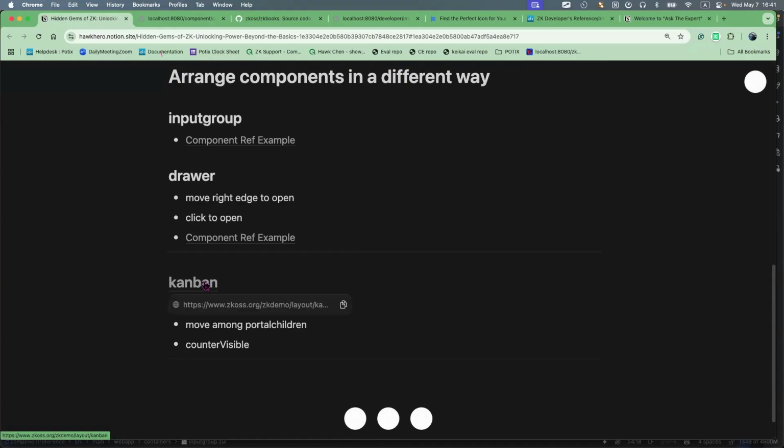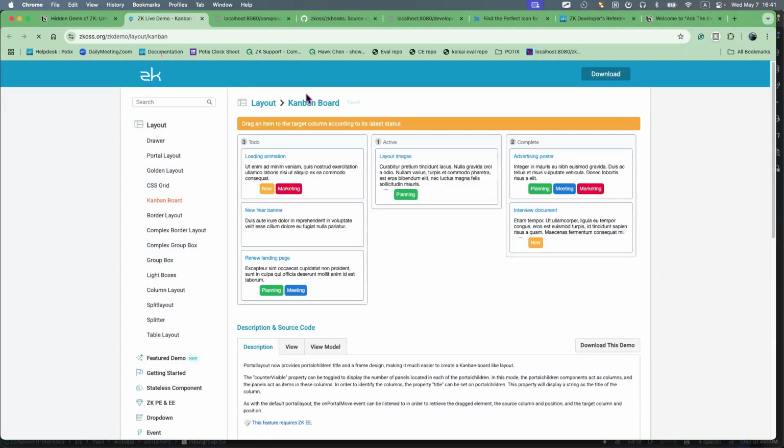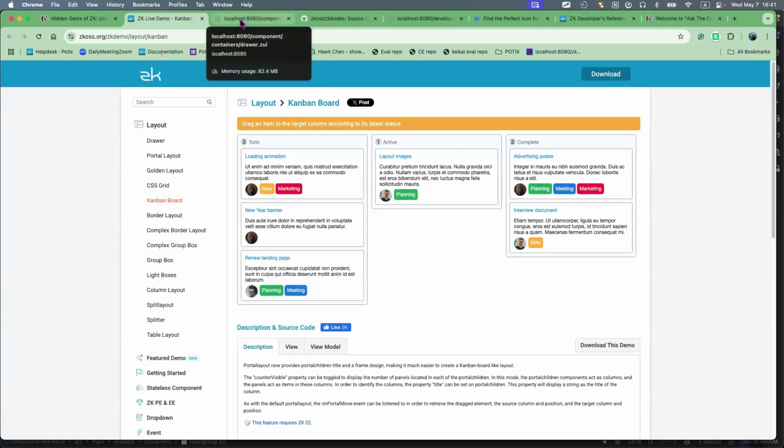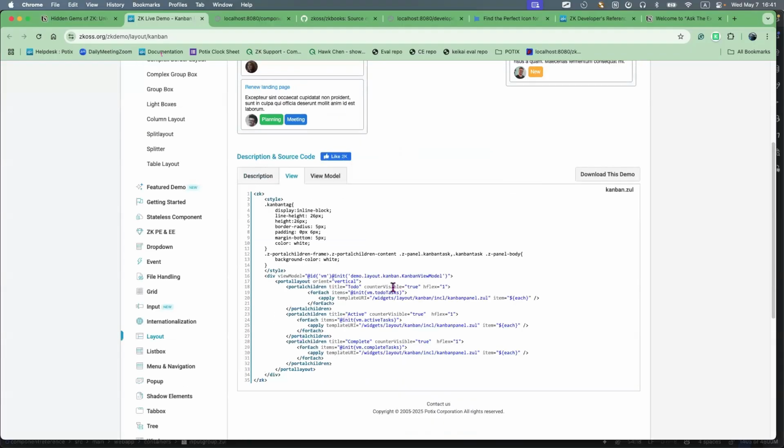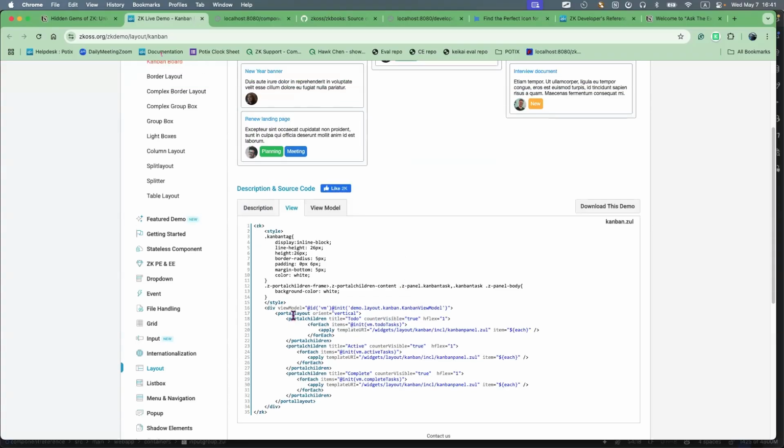Okay, the next one is about Kanban. Actually, it's not a new feature, but we made it in a new way. Just use the portal layout, but now we have a new attribute called counter visible. So if you use counter visible and portal